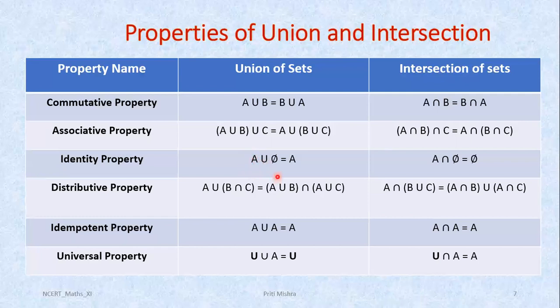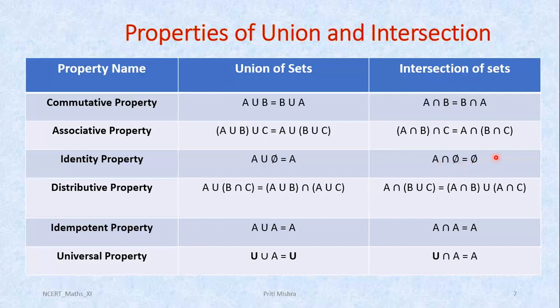It means if you are going to apply the union operation of any set A with the set phi, it will give you the same set A, because while writing the union, we are writing all the elements of set A and all the elements of the other set. As phi consists of no elements, we will not be having any additional element while writing A union phi, so it will be set A as it is.